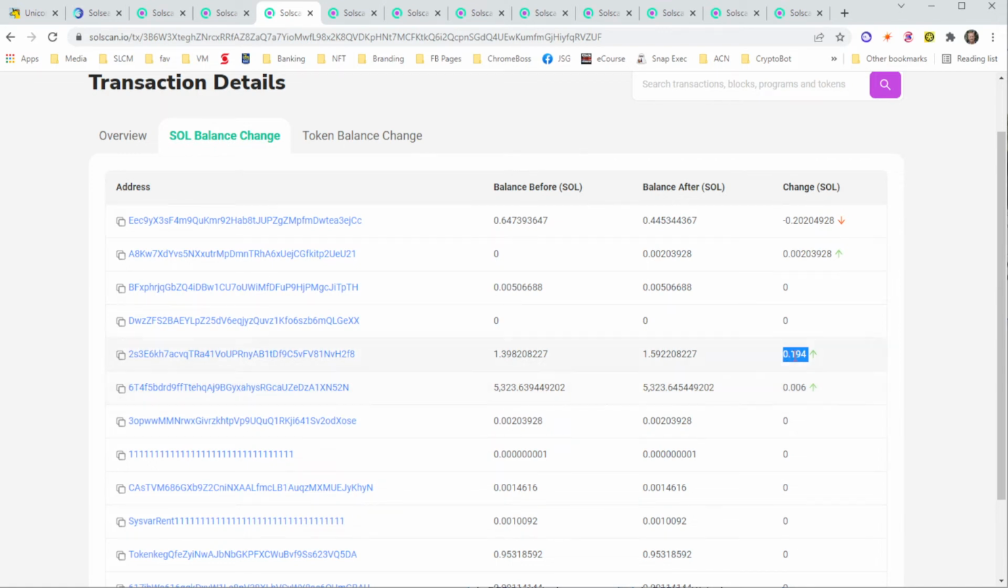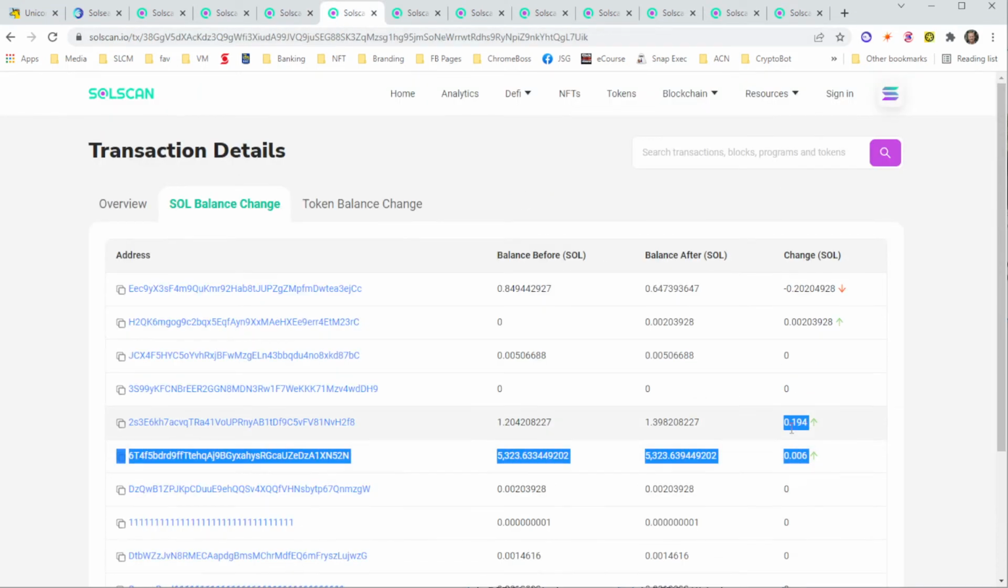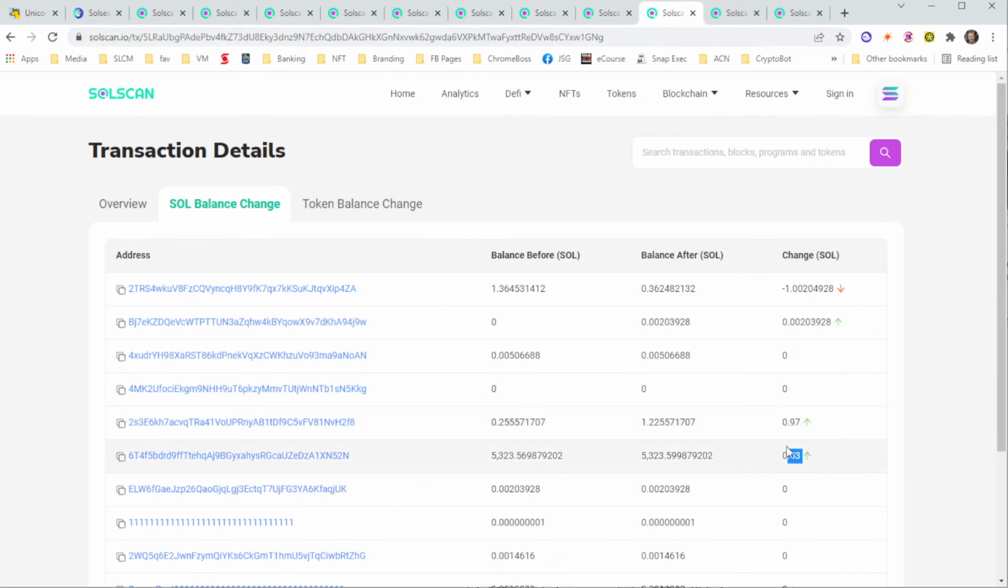So right here you can see this is 0.194 plus 0.006, that's 0.2, right? Which is how much this sold for, 0.2 plus the fees. So 0.2 goes to me and Solana, right? So if I keep going, I can see right here, this one here also was a 0.2 sale. This one over here was not a sale. It's probably a listing or something. I'm not sure what's what, but if I keep going through these,